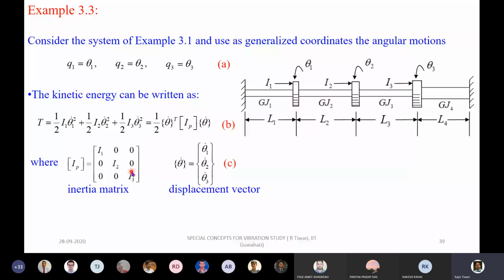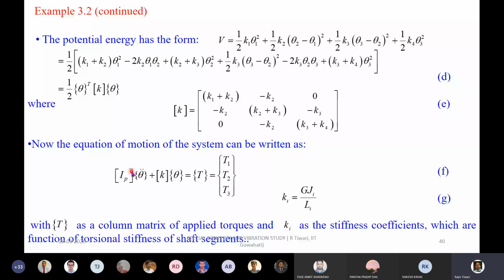Same thing for the potential energy. With the background we have now, we can easily write the potential energy. The only thing is that between the two disks there will be a relative twist. The ends of the spring will have twist only in the respective theta1 and theta3, but in between, the two ends have relative motion, so relative twist will be there. So this is the potential energy. This can also be rearranged into a quadratic form, where theta is a vector theta1, theta2, theta3. K will take this form,